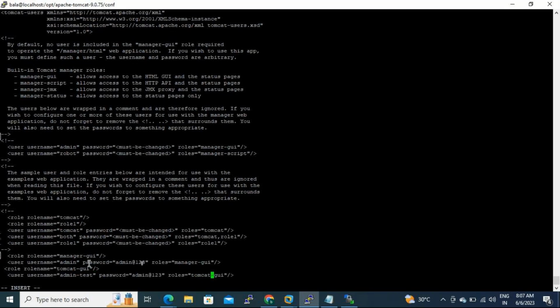Here you have to give Tomcat GUI. Why are you giving Tomcat GUI roles here? Already we set your role here, Tomcat GUI. The same name you have to provide under roles. You set a Tomcat role here, manager GUI, so you have to give the same role name here, manager GUI. Username of the admin console, password of the admin console. Okay, once it is done,